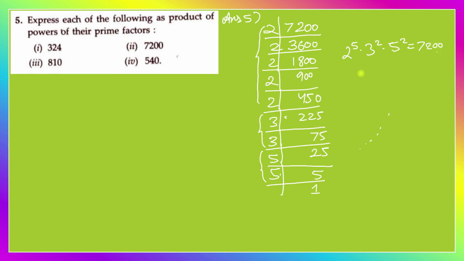And remember, we cannot write it like this. If you say 7200, in this case I can write 72 and reduce it to 900, so that I get only 3 factors. So I can say 2 cubed, then 3 squared, then 10 squared, like this. But actually we cannot do this because 10 is not a prime number. That's why you have to be careful. This is the correct answer and this will be the wrong answer. You're going to get only half of the total marks. Now I'm going to move to the next question.